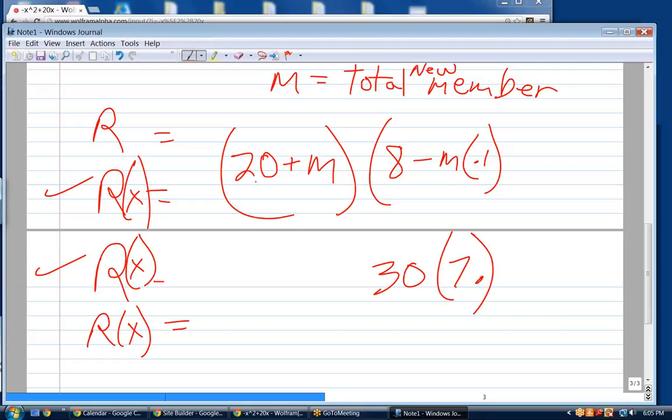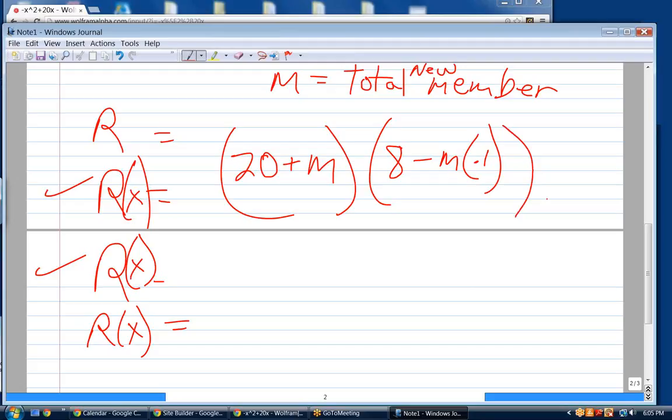So the total revenue will be 20 plus the number of new members, and each one of them will pay not $8, but $8 minus the total number of new members times 0.1. I believe that makes sense. And that will produce a quadratic